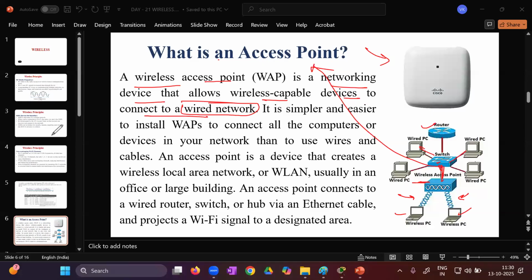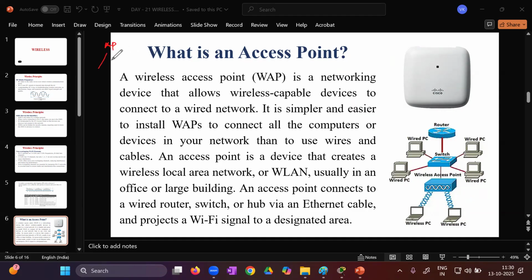Right? So what will happen now is that we will be having multiple access points. Now those access points need to be accessed by a centralized device that is called a wireless LAN controller. We will be having a wireless LAN controller, a centralized device, and this will be used to access multiple access points. And now, based on the connectivity of the access points, we are going to have different types of